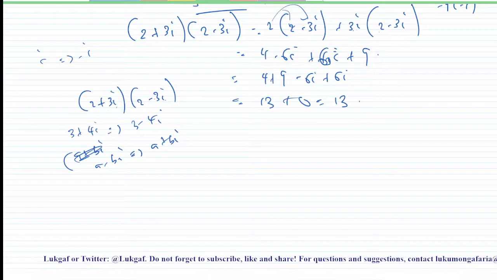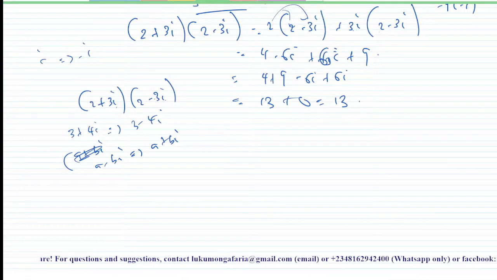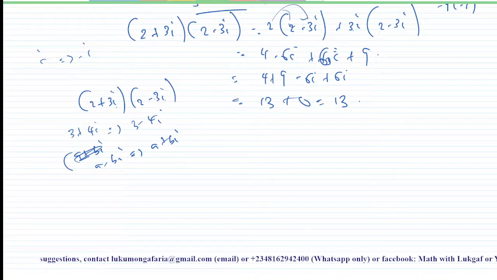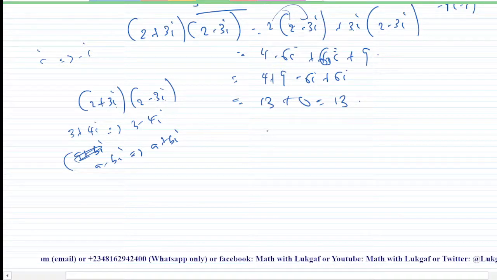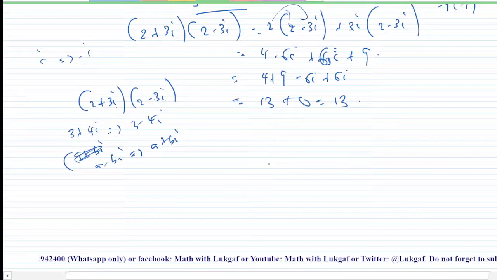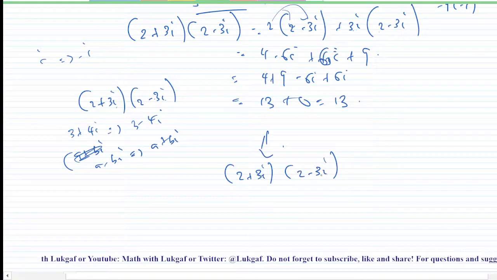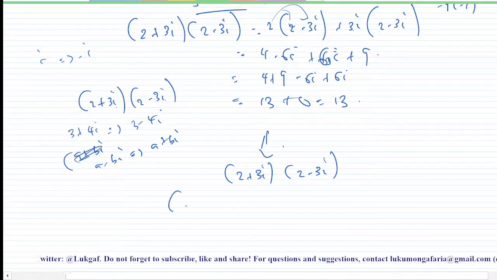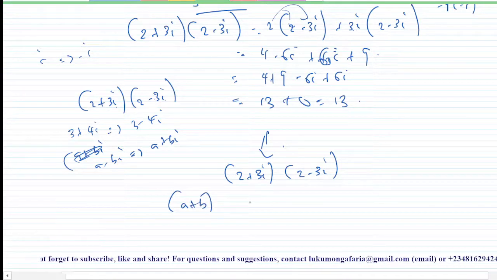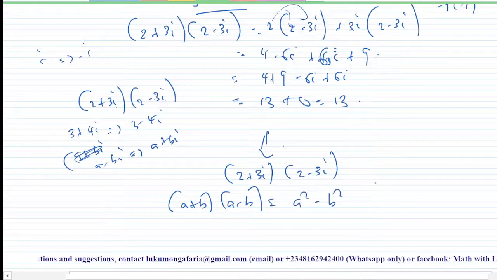It is not difficult. So if that is clear, it means when you are multiplying a complex number with its conjugate, then I'm going to get what? I'm going to have a real number. So please put that at the back of your mind. And if you check the numbers we multiplied together, 2 plus 3i and its conjugate, you will notice that it is similar to what we used to have in our quadratic equation. That is the difference of 2 squares. So when I have a plus b, a minus b, recall that a plus b, a minus b is the same thing as what? A squared minus b squared.